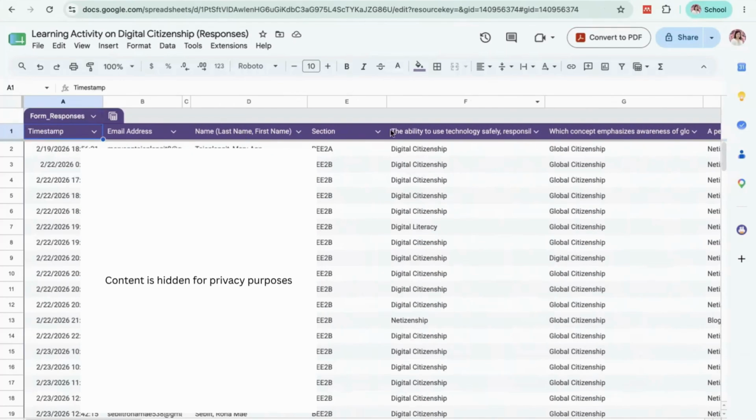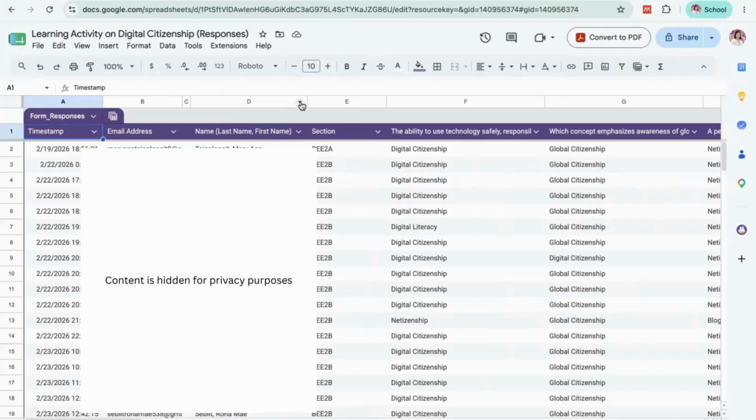Through Google Sheets, if you want to record the scores, you can sort the list of students by either name or section. In my case, before I recorded the scores, I first sorted their names alphabetically so it would be easy for me to record, since it is arranged in alphabetical order, same with my class record.